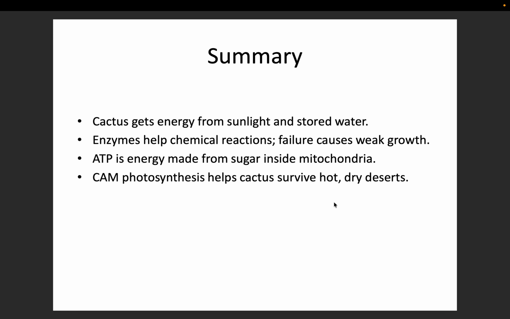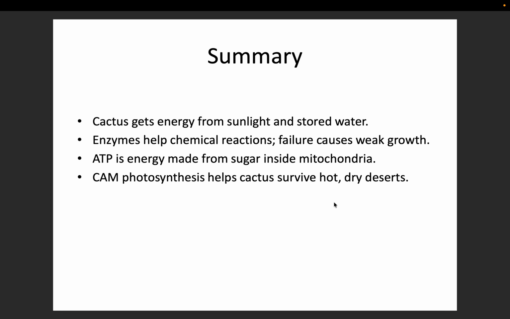Let's quickly review what we learned today. The first one is the cactus gets energy from sunlight and stores water to make sugar. Okay, the second one, enzymes are tiny helpers that make everything work. Without these enzymes, the cactus grows weak and struggles to survive. The third,